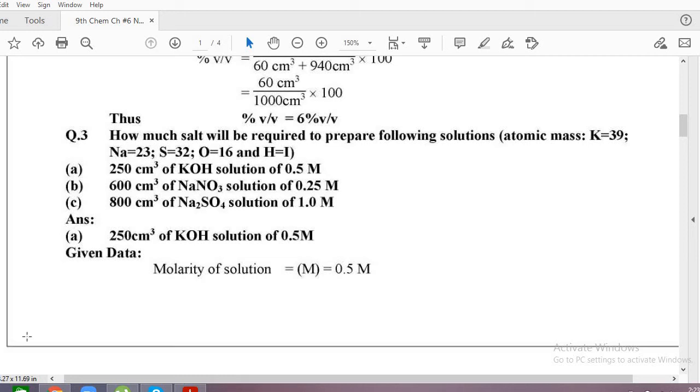In question number 3, we have to calculate the mass of the salt which is required to prepare the solution with this molarity, and given volume is this. We have to calculate how much potassium hydroxide is required if we want to prepare 0.5 molar solution of potassium hydroxide with a volume of 250 centimeter cube. So the formula which we are going to use is